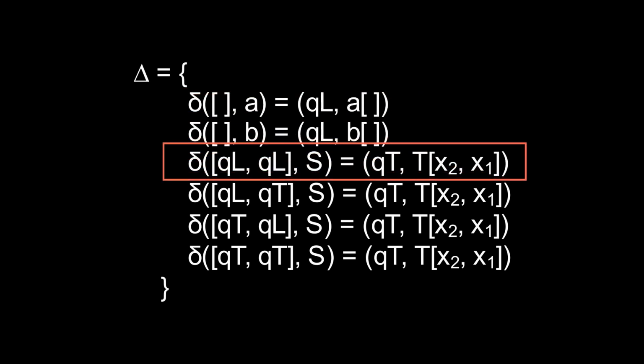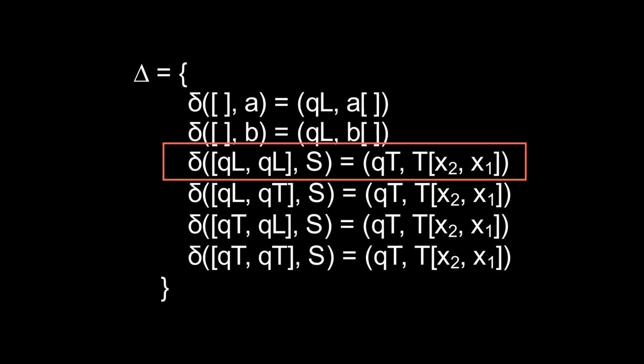The input has two QL states and an S label, meaning that this rule applies to an S that's the parent of two leaves. The state in the output is QT since this is an internal node. In the tree being returned, the node is T instead of repeating the input symbol like we did for A and B. This is how we can transform symbols. The next thing to note is that we have additional X variables in our tree. Each xi refers to the ith child in the list. Since we have x2, x1, the second subtree is first in the new tree, and the first subtree is second,